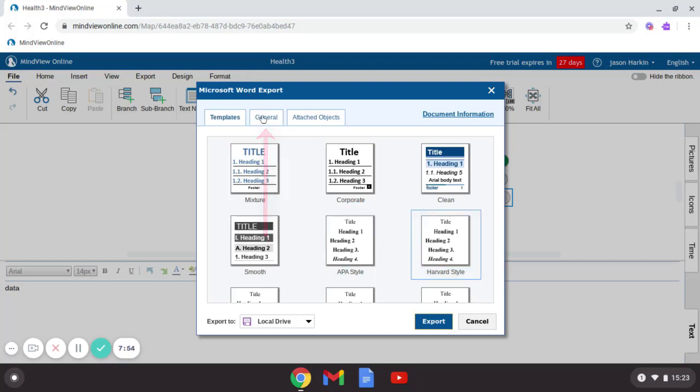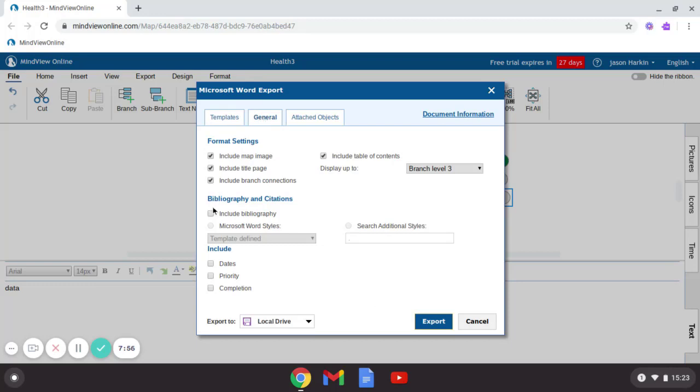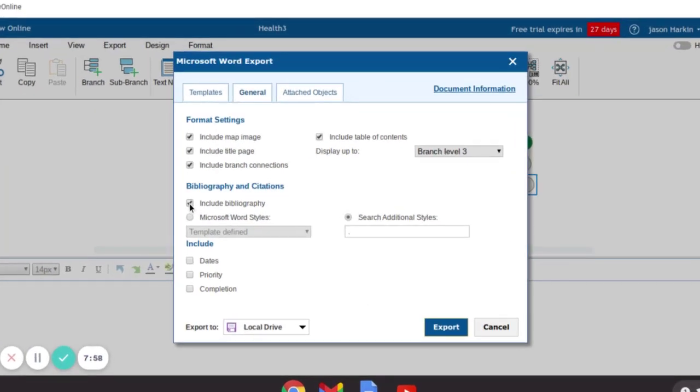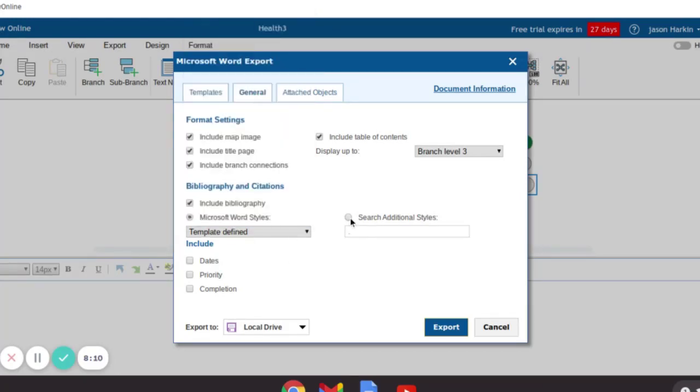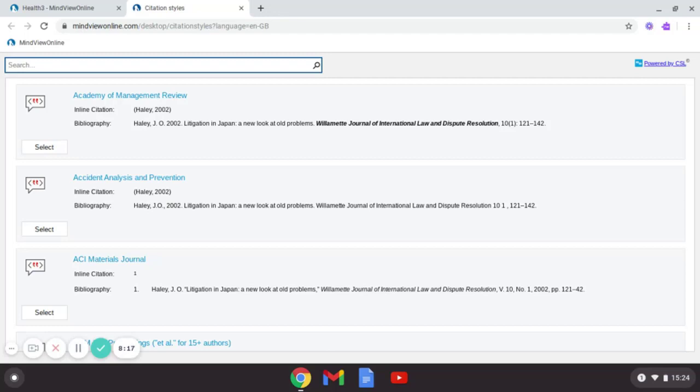But I'm going to come up to General, and this is what you want to include, your bibliography, because you're writing your essay assignment. Microsoft Word styles, have a little look in there. Now, if you can't find the style you want because you don't have many Harvards, in fact, you only have the one, didn't you, Angular, come to the right and tick that for me. This will go online and you can look for a specific reference style. So let's pop in